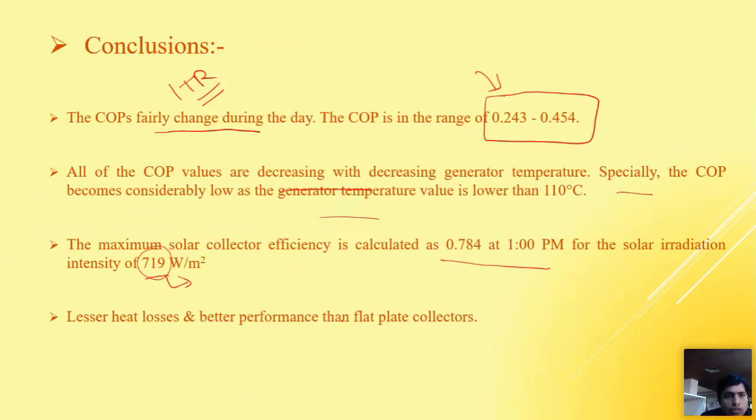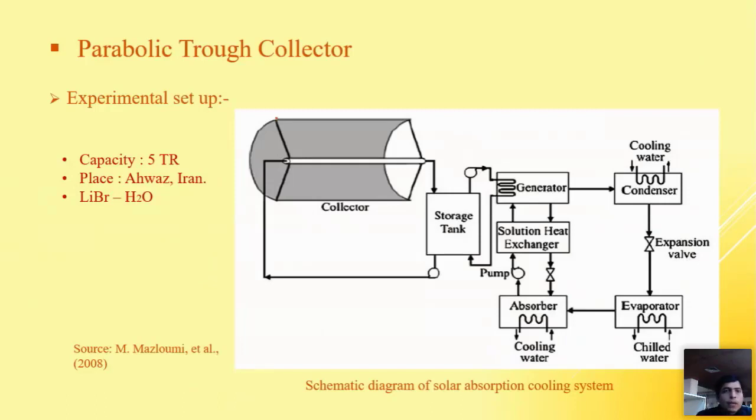So lesser heat losses and better performance than flat plate collectors. If we talk about the parabolic trough collector, this is the parabola. On the focus of this parabola, there is an absorber tube. So if any solar radiation comes here, it is reflected to the absorber tube, and because of this, very good heating of the tubes may happen with the help of this approach, and this heated fluid goes to